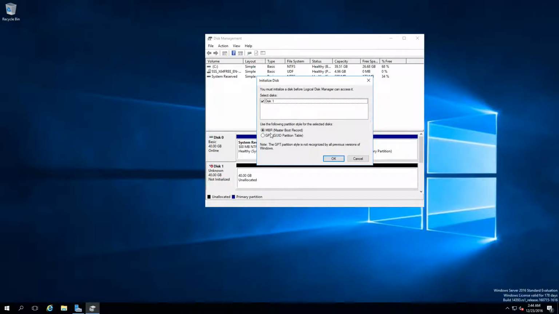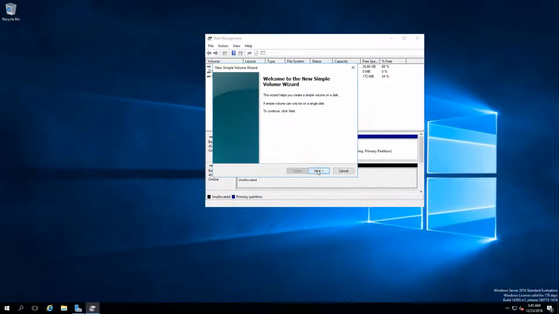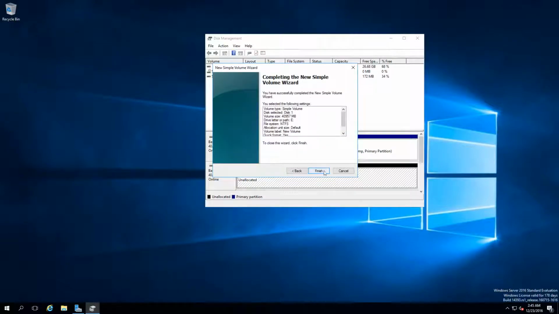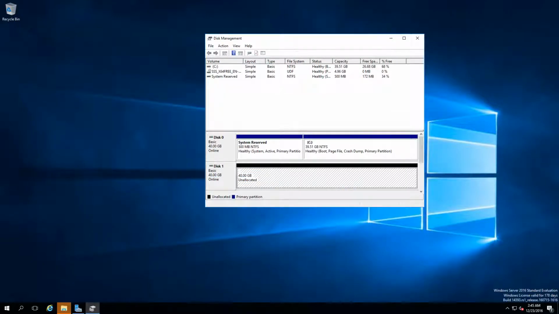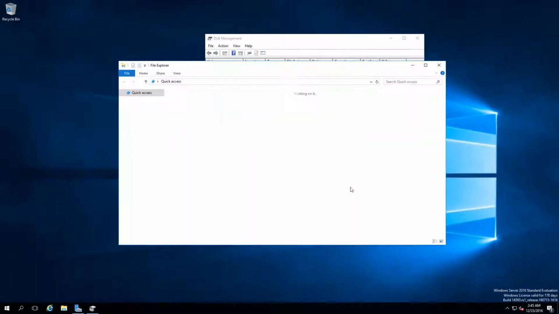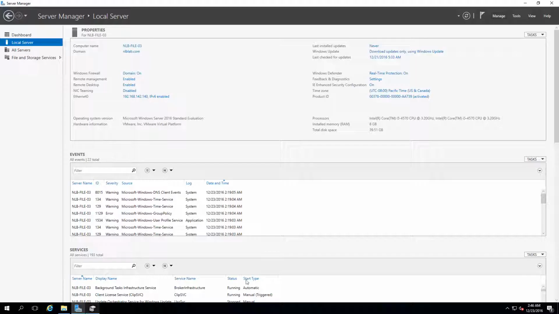Of course, you need to initialize the disk with master boot record or GUID partition table. I'm going to use MBR for now, and I'm going to create a simple volume. You need to use NTFS or ReFS for deduplication; exFAT is not a good candidate. So I'm going to leave the default NTFS, and I'm going to finish the process so we can allocate the space. Now that we have the disk and the volume already present under My Computer,